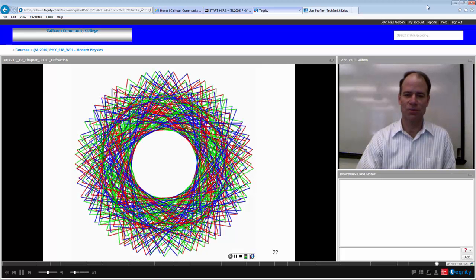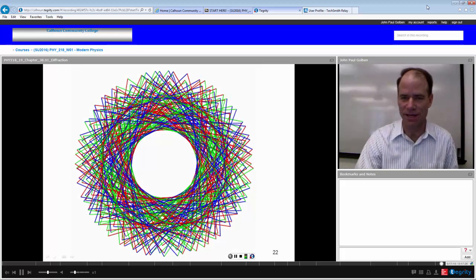Here's another beautiful structure, but it's simply a pattern drawn on my spirograph. So that concludes the first lecture in Chapter 38, dealing with wave phenomena, diffraction in particular. We will proceed on to more properties of wave